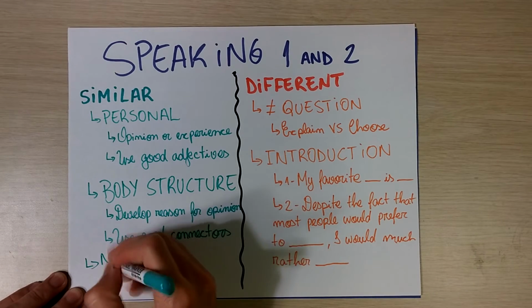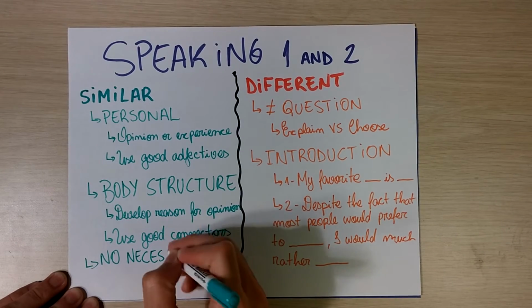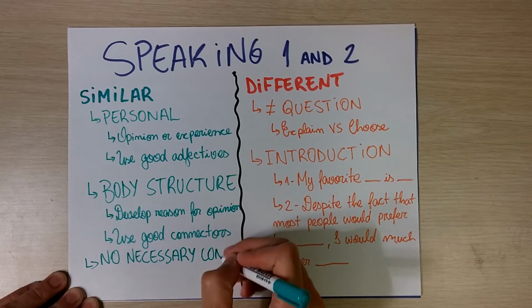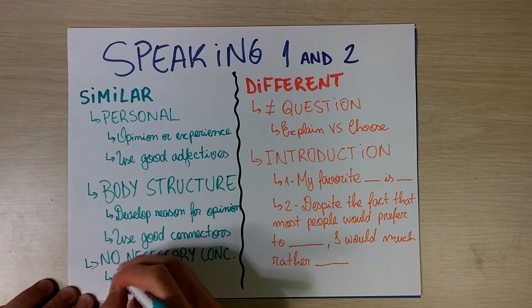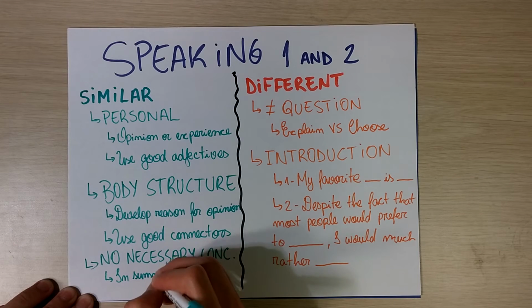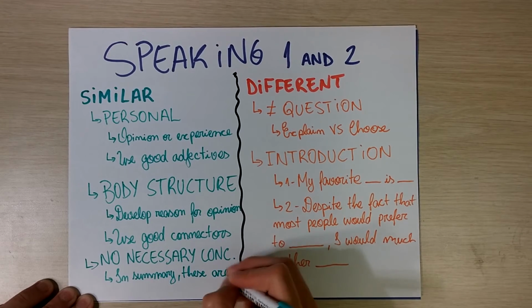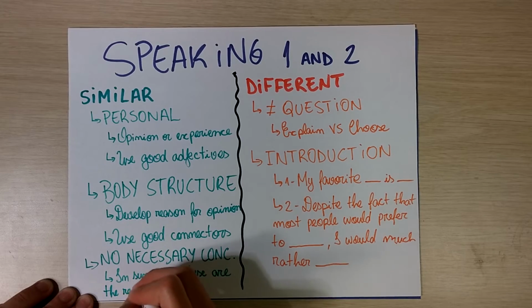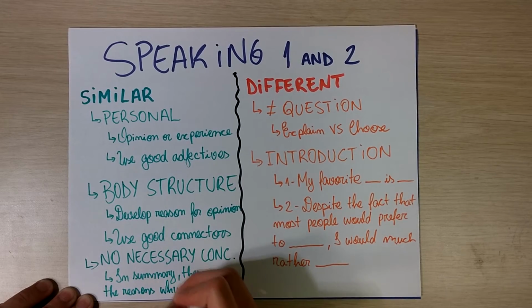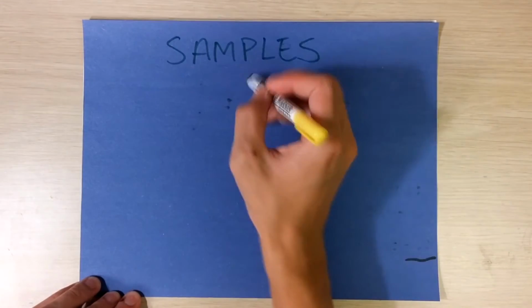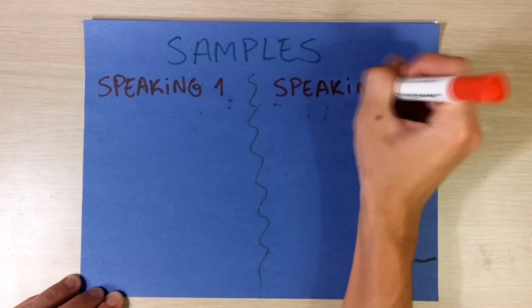A final advice for these questions is that the TOEFL does not require a conclusion for them. Therefore, you should just elaborate a small one, like "in summary, these are the reasons why" and then your topic, if you have time to speak and nothing to say. Otherwise, just keep giving your reasons, but make sure that you give at least 2 during the whole speech. Let's go to a complete note-taking and answering for both questions.